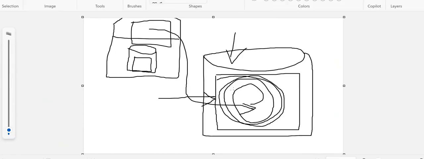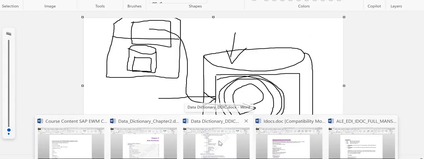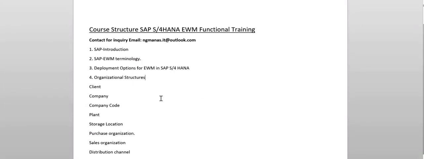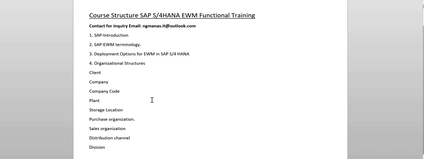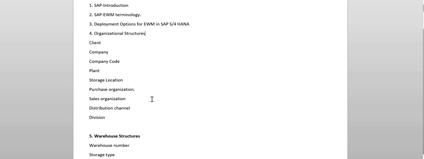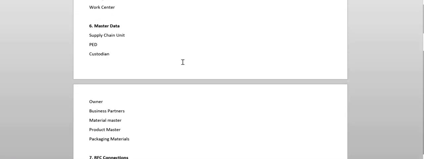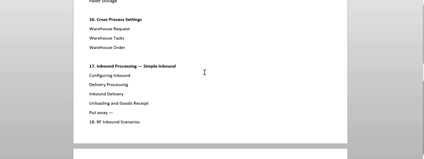Now, if you want to ask anything, you may raise questions, because in my trainings we have two kinds of sections. The functional side, where I teach purely functional topics: introduction, terminology, methodology, and all the plants, why we have the plant, why we have the storage location, what we do with the storage location, temporary or permanent storage locations, master data, and a lot of things. Here I also cover cross processing settings